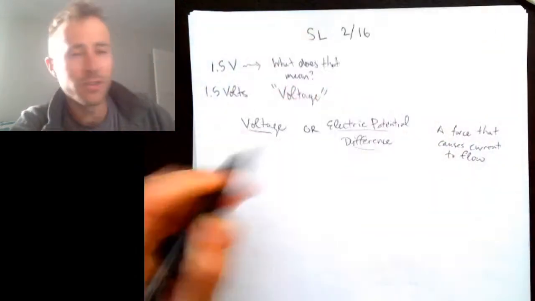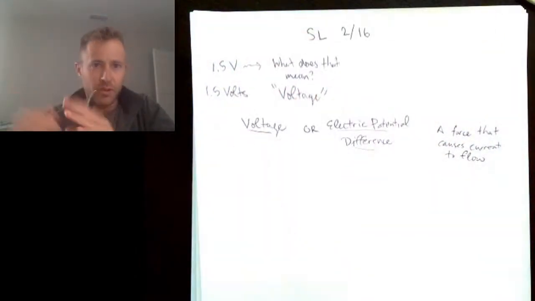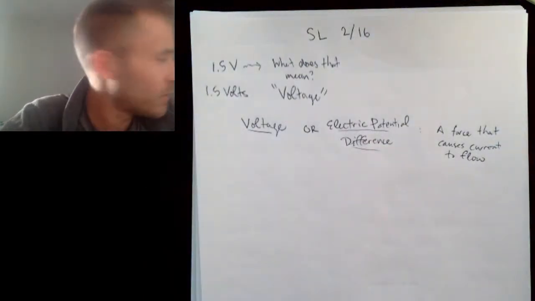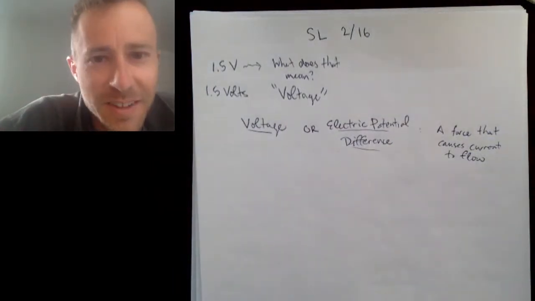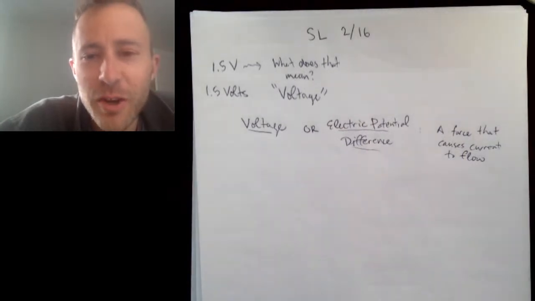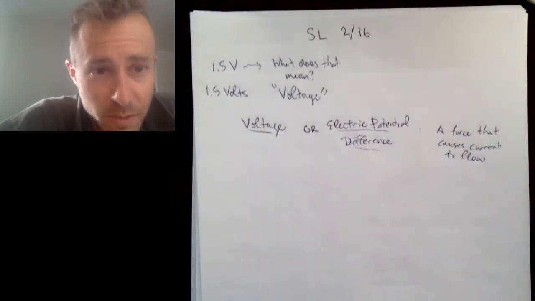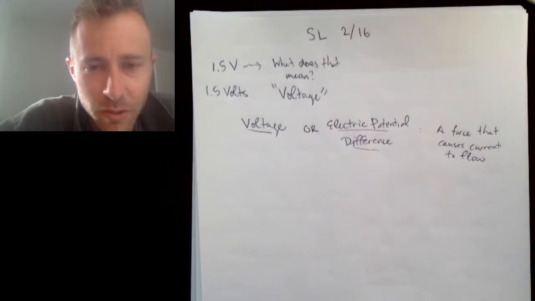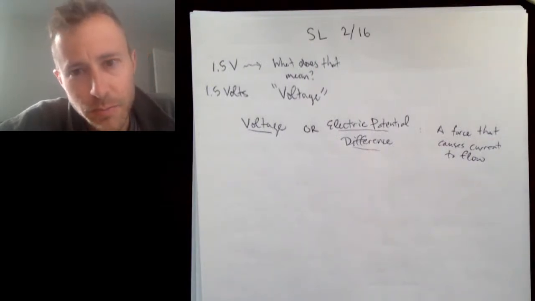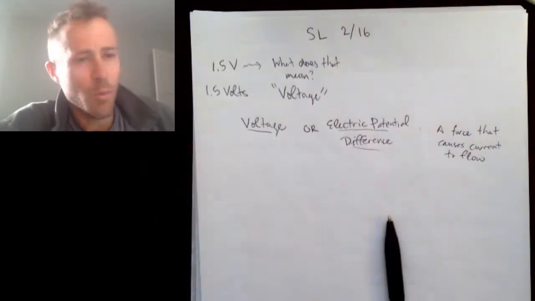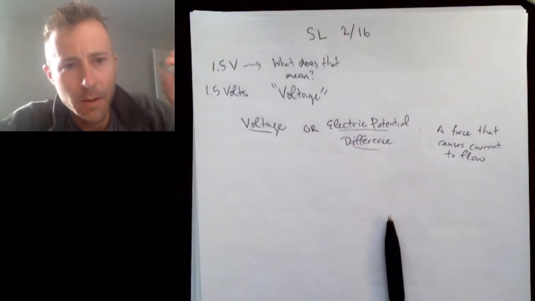So voltage is the thing that makes electric current flow. That's not the strict definition of what it is, but it's intuitive. And so if you think about it, 1.5 volts is measuring how much force there is to make